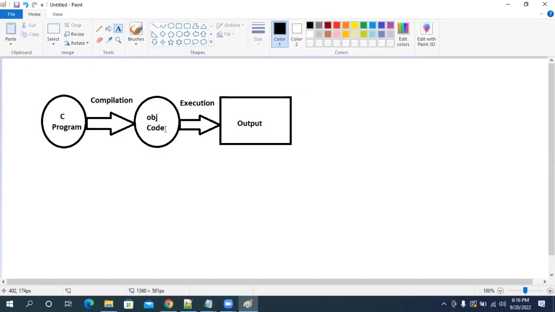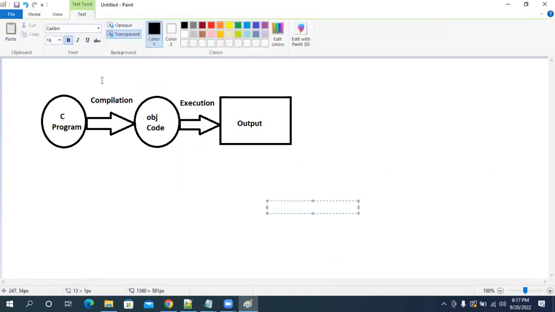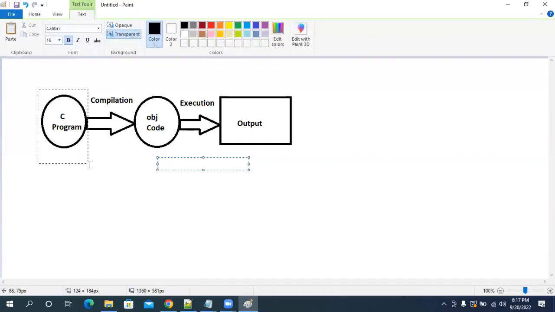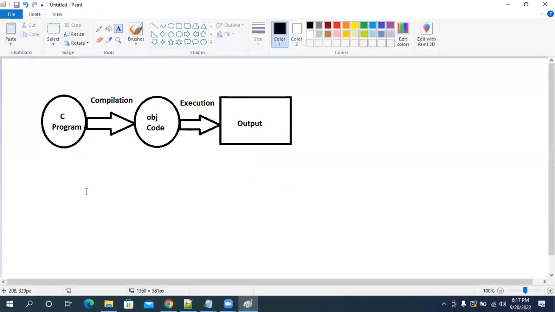If you execute it on a Linux machine, it will be converted into Linux format. If I want to run the same C program, I need to compile that program on every machine. Then only can you run it.